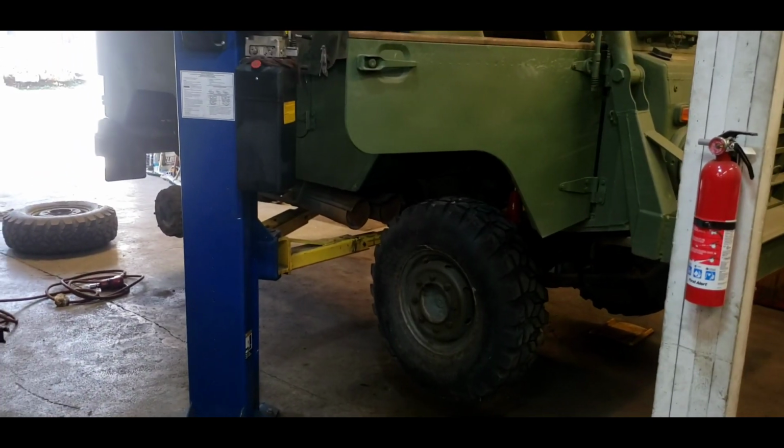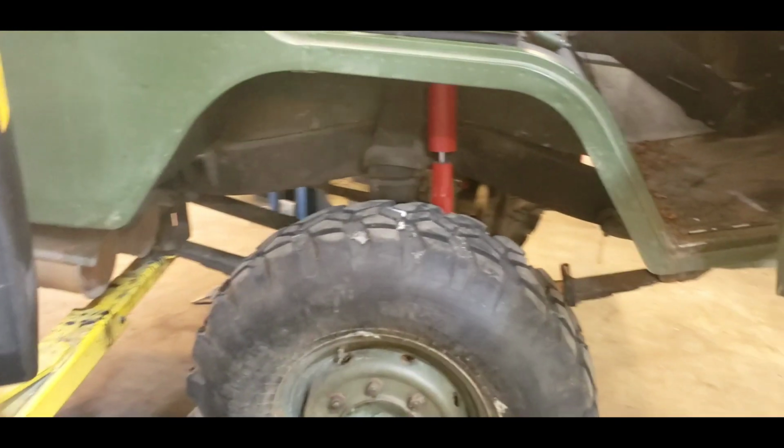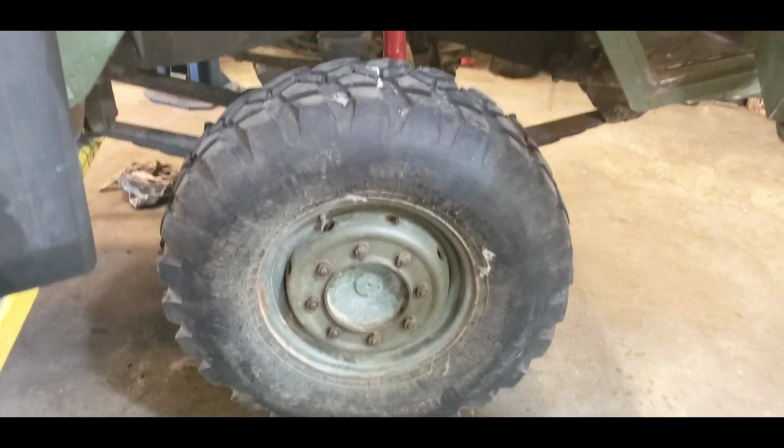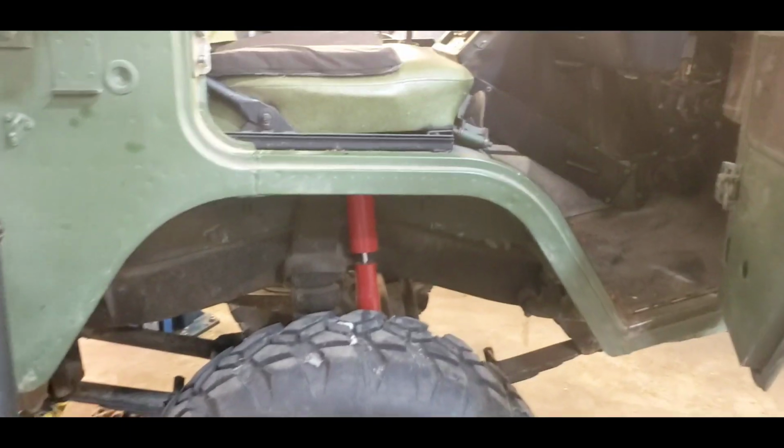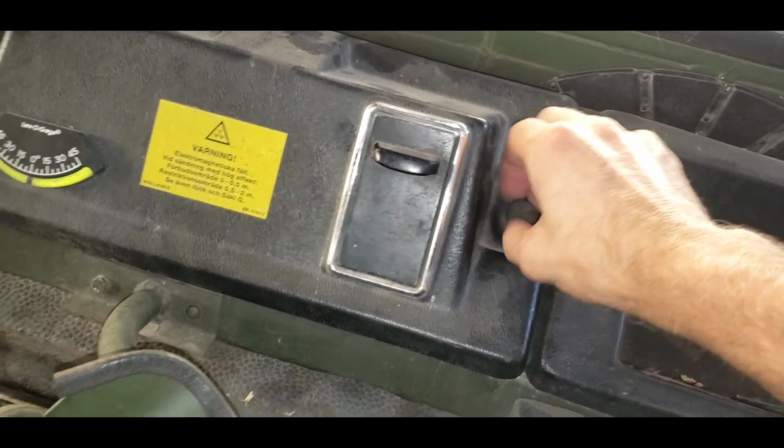Okay, so we're finishing up on our troop carrier brake job. I started this video yesterday as a quick short, but I think I'm going to continue it. So let's see. You got to climb up in this rig, grab a grab handle when it's on the rack, swing your legs up, and at the very front of the vehicle here where the ashtray is, you undo this little thumb screw,